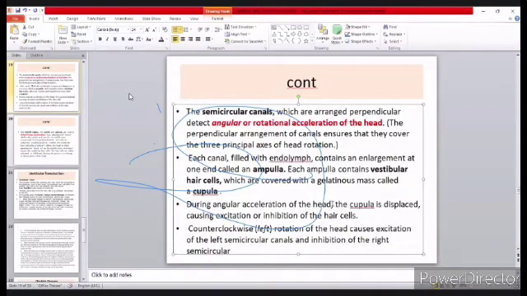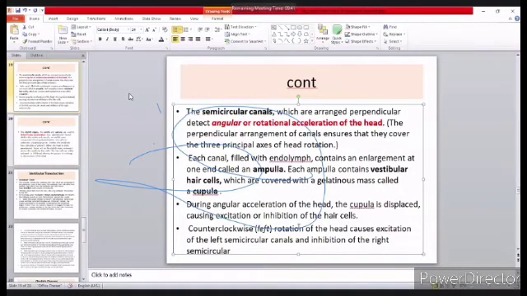What do they mean? I'm driving, I want to start driving slowly, I've started my ignition. Then I quickly stop. My head moves forward and comes back. That is what they're talking about. I can either cause excitation or inhibition of the hair cells. Which hair cells? In the cupula. Which cupula? That found in the semicircular canals, okay? As well as